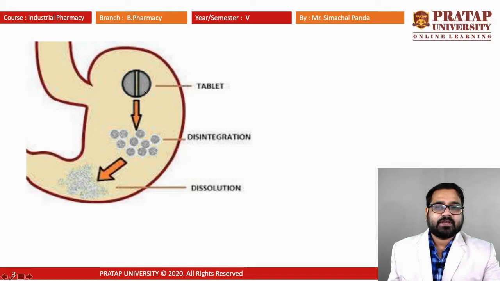The tablet will break into small fragments from its bigger dosage form, and once it is disintegrated, it will slowly dissolve and make the smallest fragments which are ready for absorption, and this process is known as the dissolution. Simple thing, tablet is a dosage form and it breaks down into smaller fragments. It is known as disintegration, and from those small fragments the drug will get released and become fine fragments that will be absorbed into our blood, that is known as the dissolution.